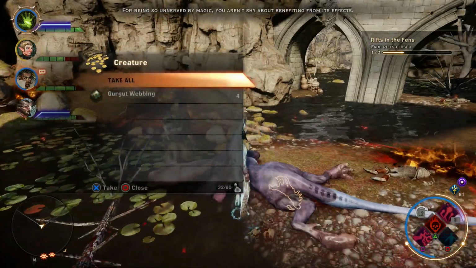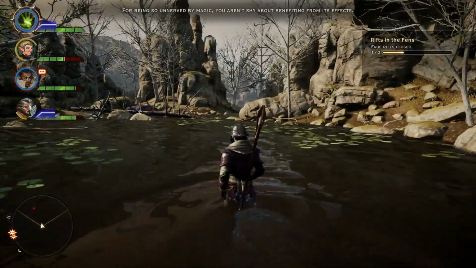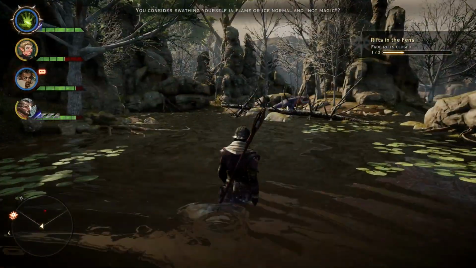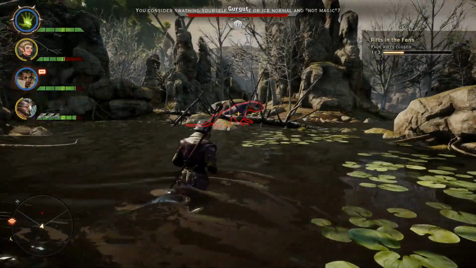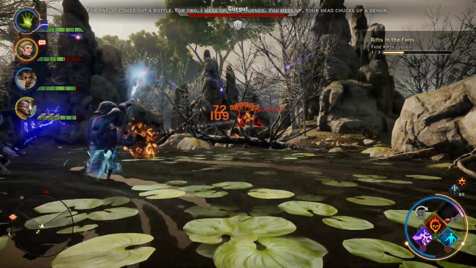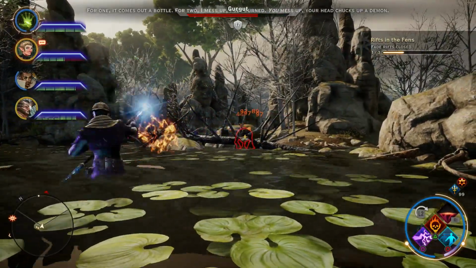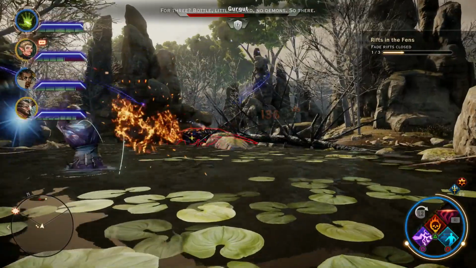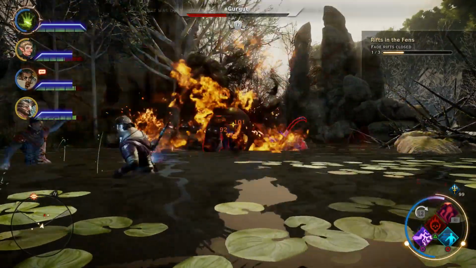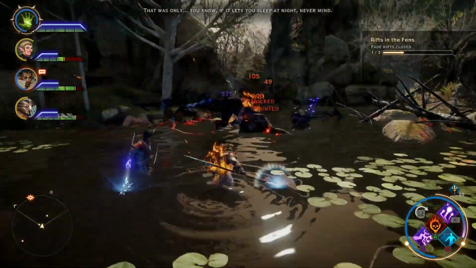Alright. For being so unnerved by magic, you aren't shy about benefiting from its effects. I don't. I use normal things, not magic. You consider swathing yourself in flame or ice normal and not magic? For one, it comes out of a bottle. For two, I mess up, I get burned. You mess up, your head chucks up a demon. For three, bottle, little burned, no demons. So there. That was only... You know, if it lets you sleep at night...